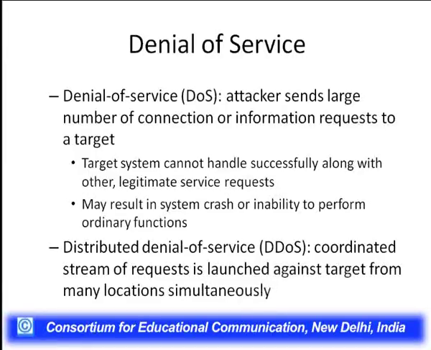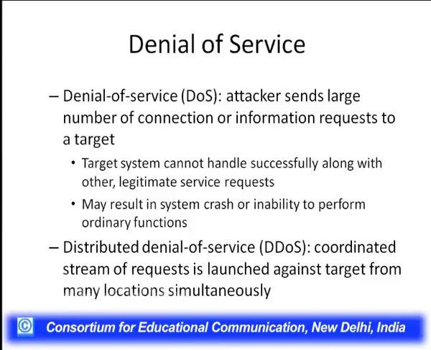So this is a very diverse kind of attack which takes place. In case of denial of service, what happens is that a large number of requests are sent to a destination computer from any kind of source computer. Now this source computer will send the request basically after spoofing. So it is a combination. Once the IP address has been spoofed, it can be used